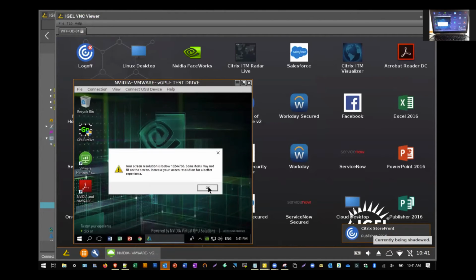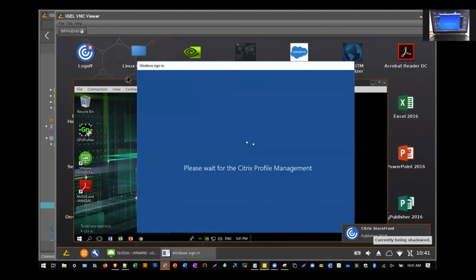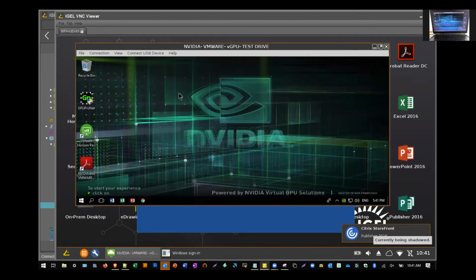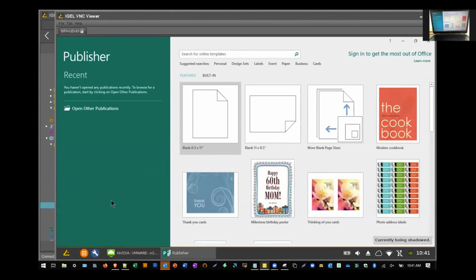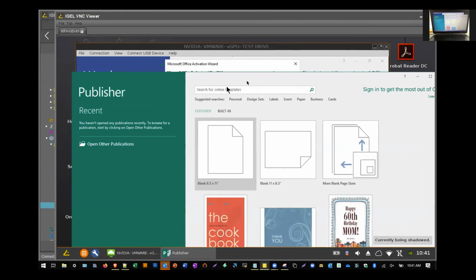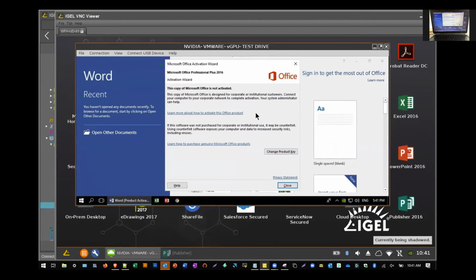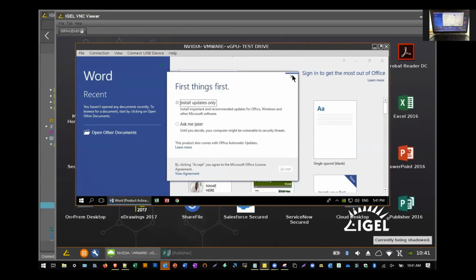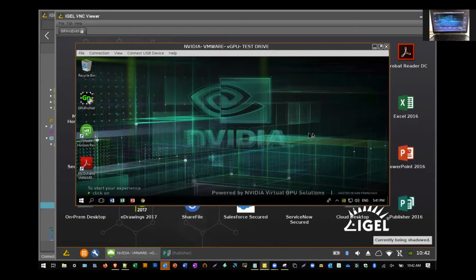Back to VMware, we can change the dynamics of this too, so that you have a nice desktop to work from. So here's my Windows 10 workspace inside of VMware, and there's my Publisher coming up in Citrix as well. So again, you have the ability to run published applications from Citrix, you can run desktops from Citrix, and you can run VMware from a published application or from an individual desktop standpoint as well. You can run all those types of things quickly and easily.